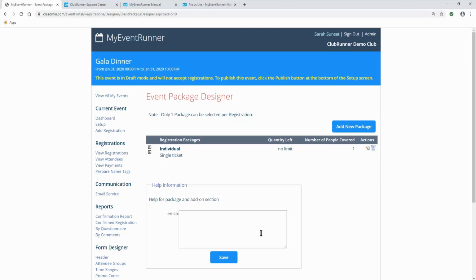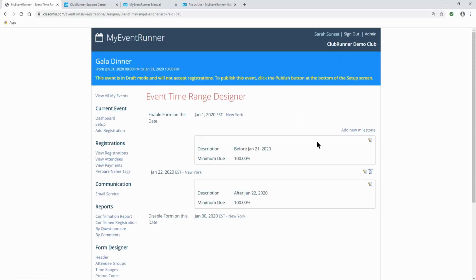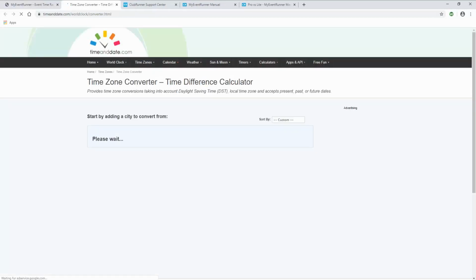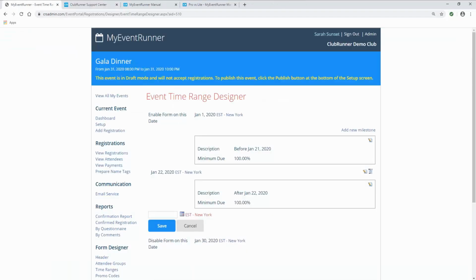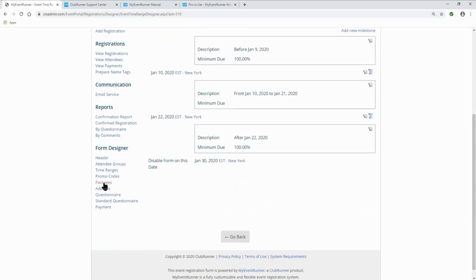And now we've created essentially the ticket, so what people will be purchasing. Now let me show you, if I go back to time range, and I'm going to set a new milestone. Let's set it for, what's today, the 8th. We'll do the 10th. Okay, and save. So now you can see here it's added a new time range, but if I go back to the packages